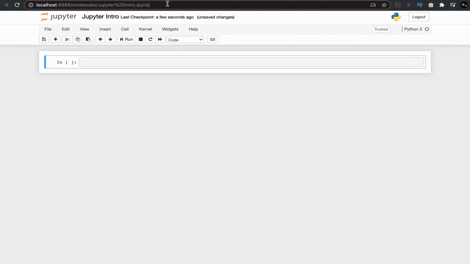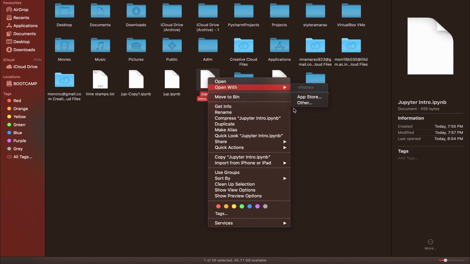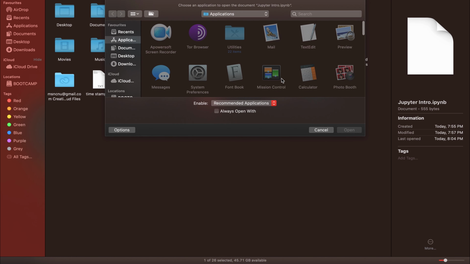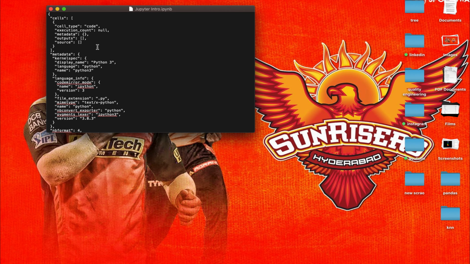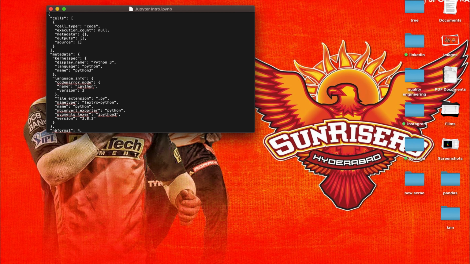If you look at the extension of our notebook, it is .ipynb, which is an IPython notebook. Here in Jupyter Notebook, every Python file is stored in the form of .ipynb. This file will be stored in your local directory as well. When you go to a local directory, we can find this file. Here you can see we have Jupyter Intro and some other files. Now if you see Jupyter Intro in your basic text editor, we can see some metadata of the file. Now let's get back to the notebook and type some code here.